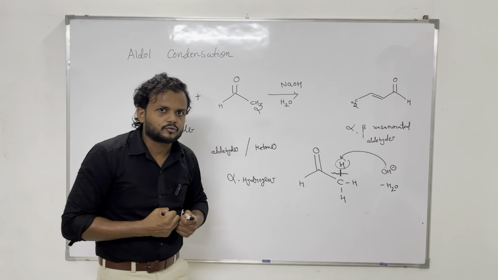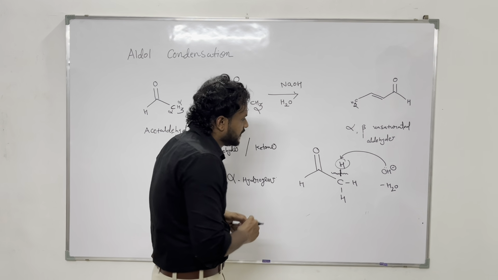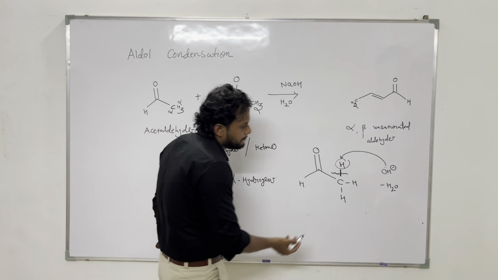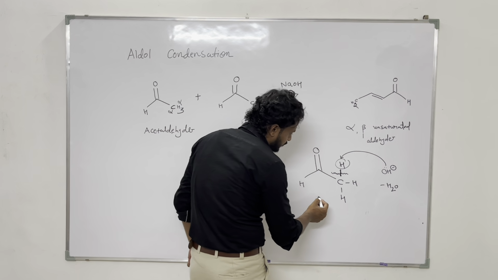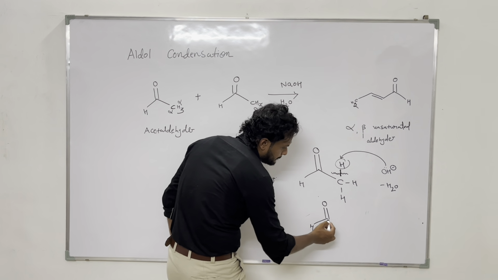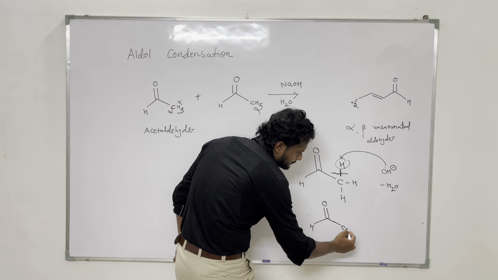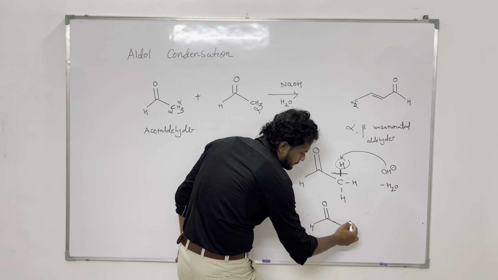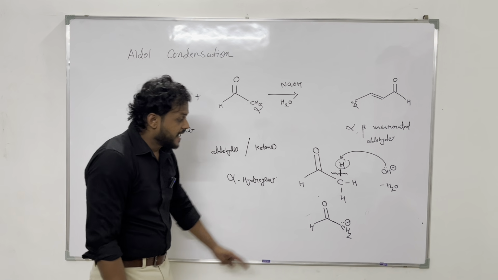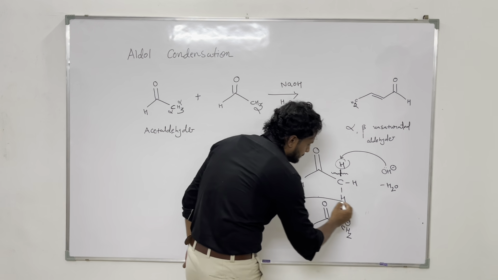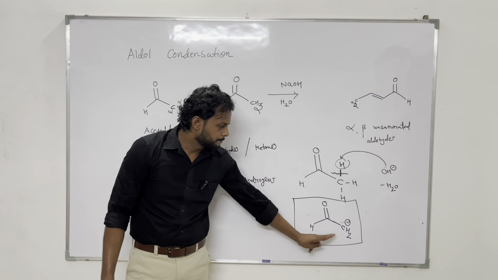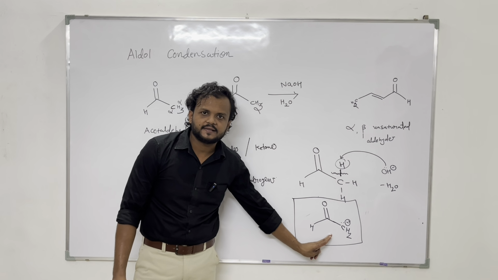Once H leaves, there is formation of a carbanion, and this particular intermediate is known as enolate,